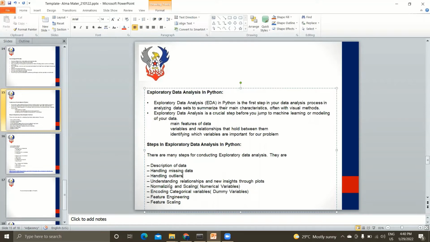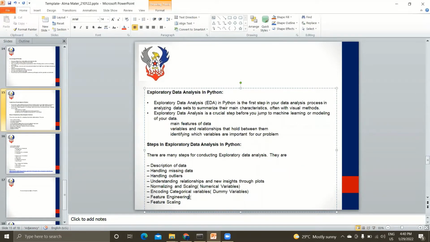and then normalizing and scaling, and encoding categorical variables, like converting categorical variables, objects, into numbers. Basically, machine learning will not be compatible with string data types, like objects, such as names in Titanic. So it will be difficult for machine learning to process those types of data. So we'll be converting objects into numerical types as part of this encoding of categorical variables. There are many approaches like one-hot encoding, ordinal encoding, label encoding, frequency encoding, all those things,